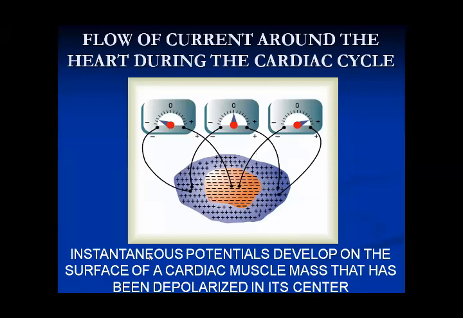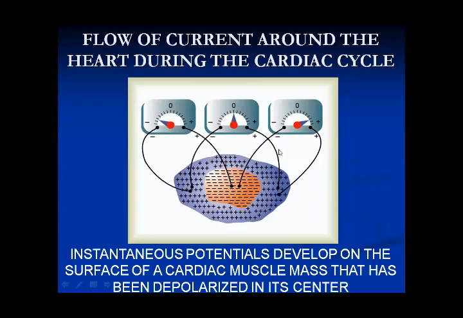This whole thing is a mass of myocardium. Now, right in the center of this mass of myocardium, there is a stimulation and the depolarization has started. The areas where depolarization has started would be negative. Why would it be so? Because whenever there is a wave of depolarization, the positivity goes in and the negativity comes out. So the negativity is coming out because this is an area which has been stimulated and is getting depolarized.